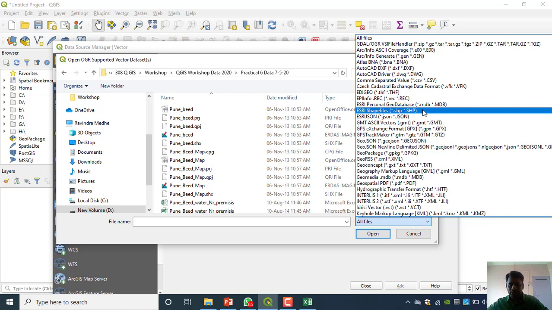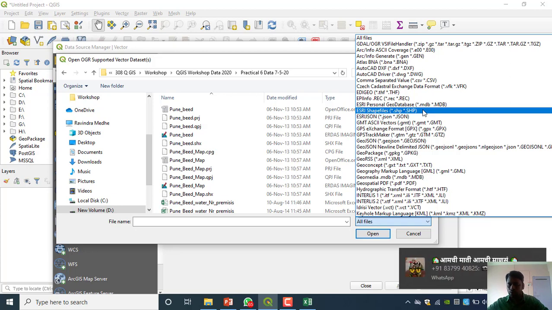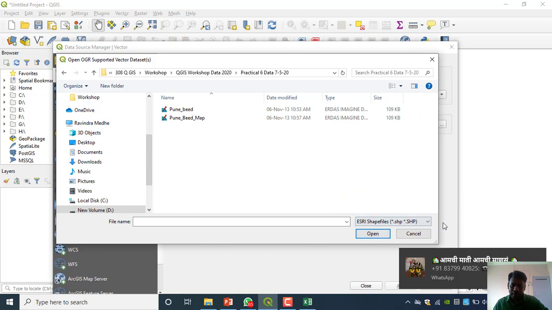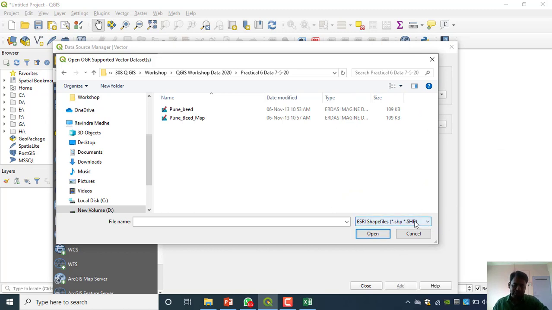So don't do this practice. Just open your QGIS, whichever software you are using, and the way we open raster data or vector data or any other kind of data, open it in that manner only. Don't directly click on the file. Just click here. As we already discussed on this topic, only that file will be shown here.